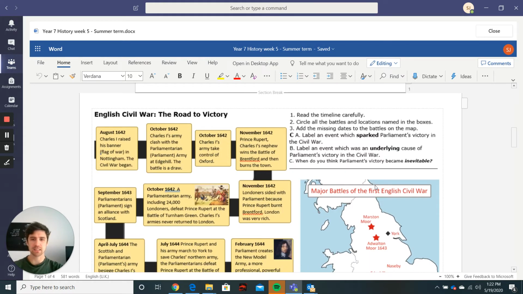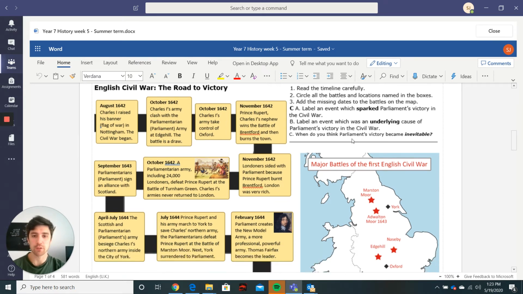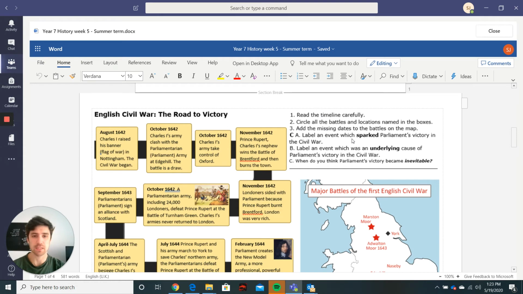Now, as it says, this next task you're going to need to complete at home. We are all going to do, first of all, question 1, and all read the timeline carefully. It should take you about 10 minutes to do it properly, so pause the video here, read the timeline now. Okay, now once you've done task 1 and you've read all of the timeline, that means the yellow boxes, you've